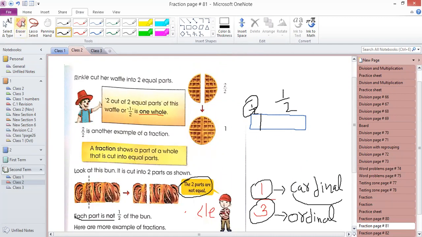If you are writing a fraction, it is very important that a picture or anything should be equally divided. Then you can say it is half or it is a quarter or it is 1/3 or it is 1/5. Otherwise, you won't be able to write the fraction in that way. Okay. So the very important thing is to share or divide equally.